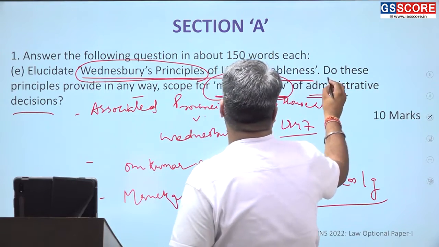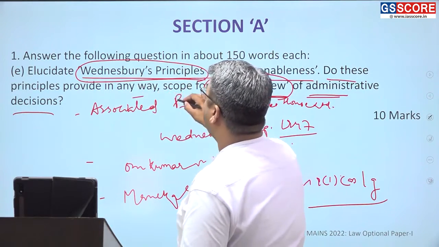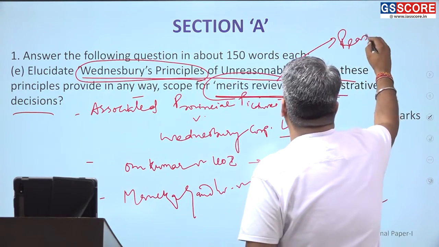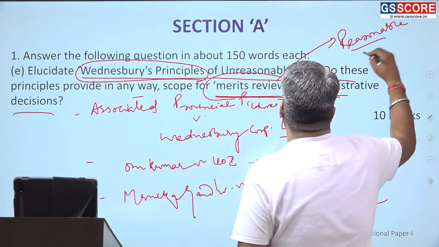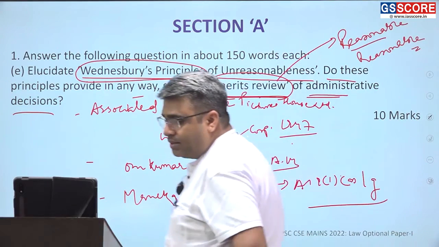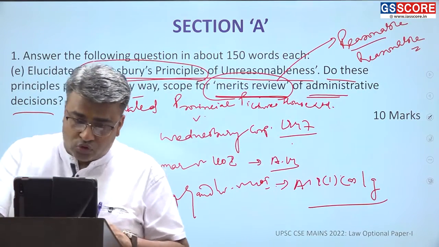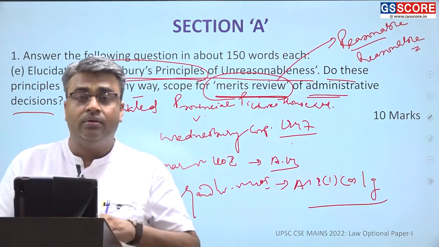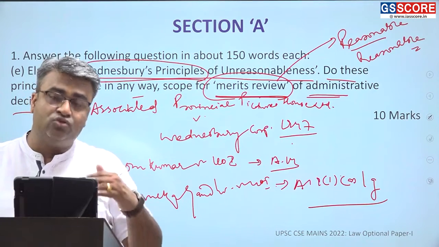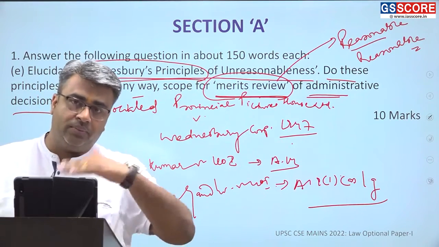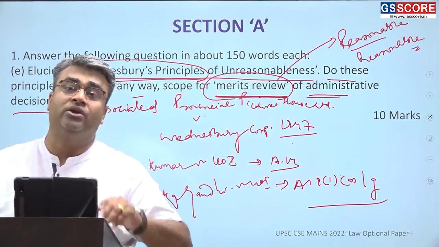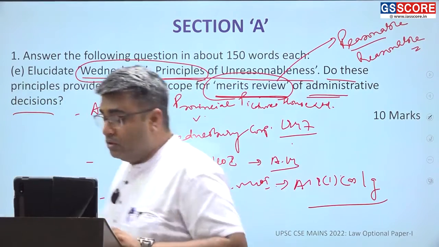And do these principles provide in any way scope for merits review? So basically, when we talk about the reasonable man, in many of the cases, the Supreme Court has reviewed the merits of the case as well, but that is through the proportionality test actually. So they are somehow related with each other. So this proportionality test and the Wednesbury principle, you should mention both actually in this case. Okay. So moving further now,